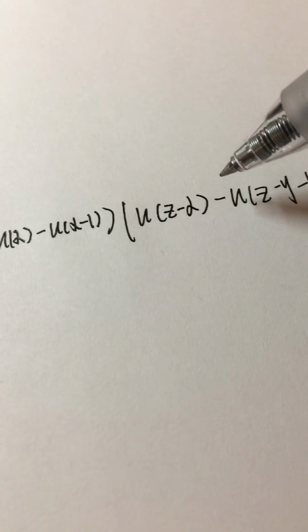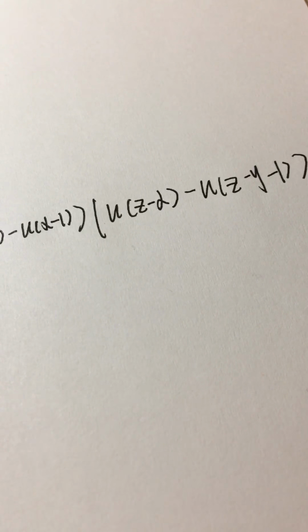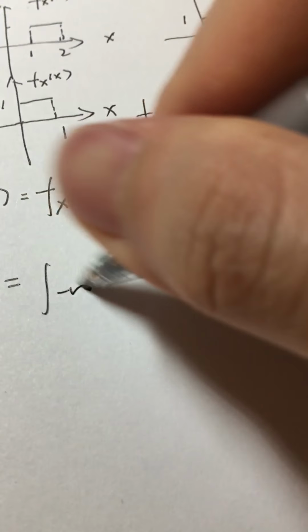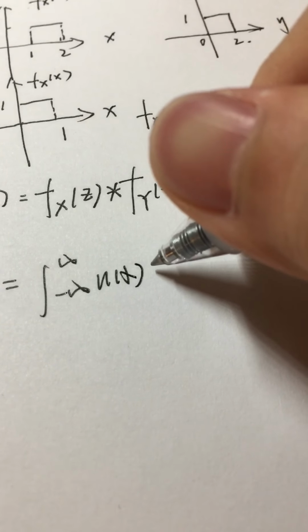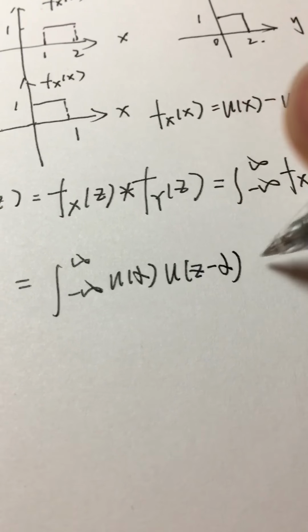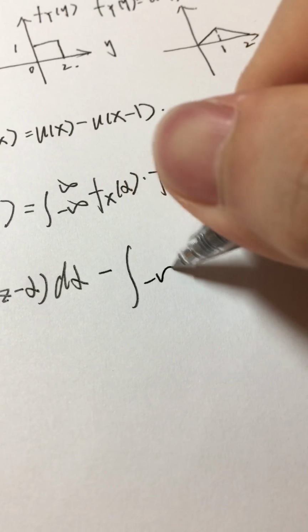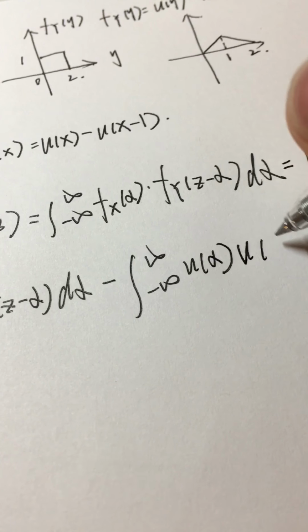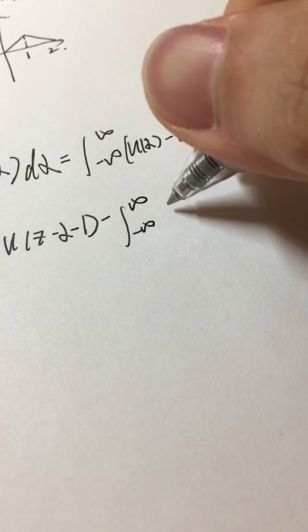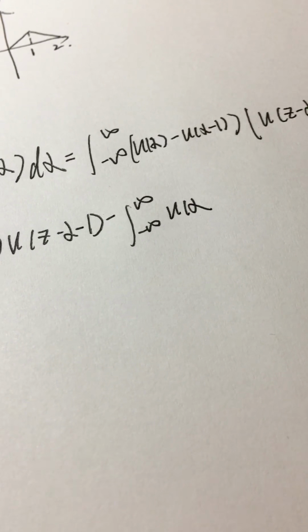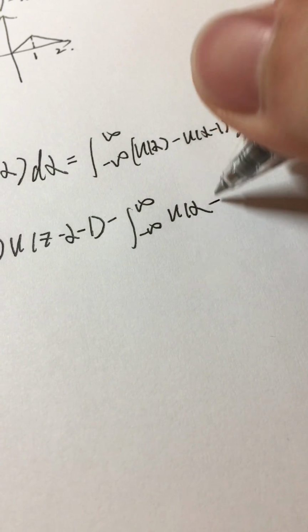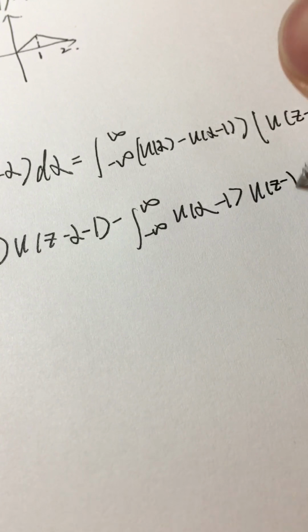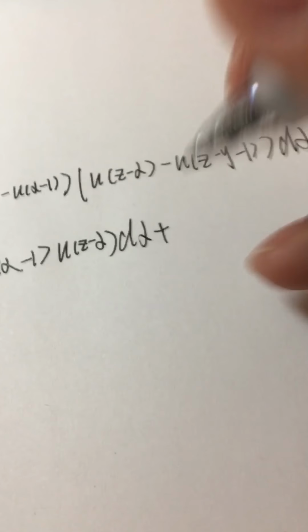These two multiply, d alpha, equal to minus integral, minus integral, plus